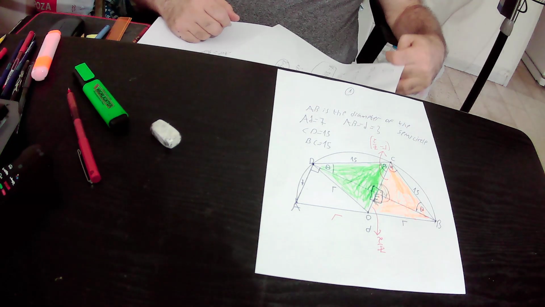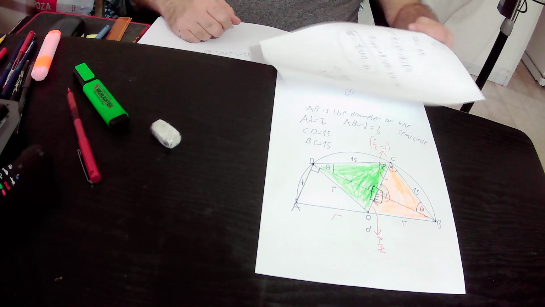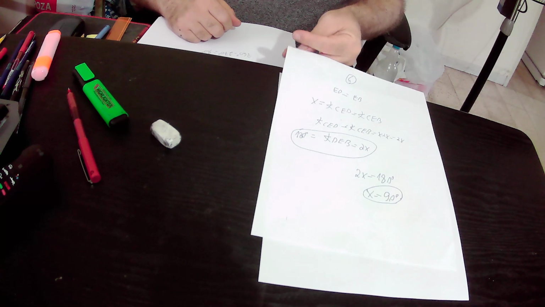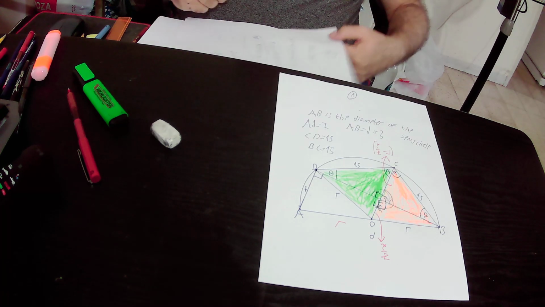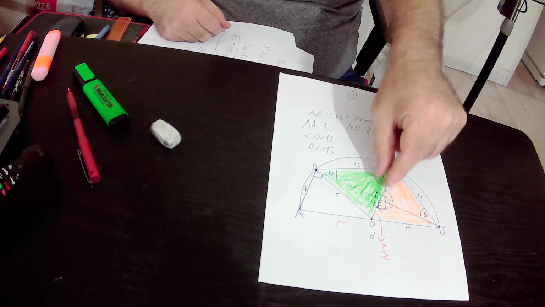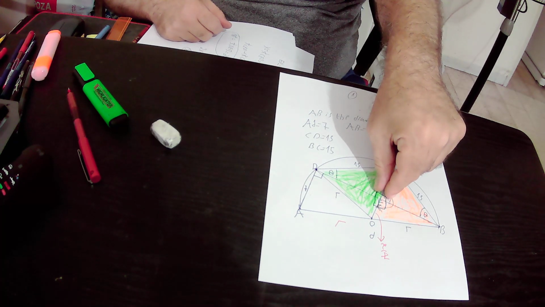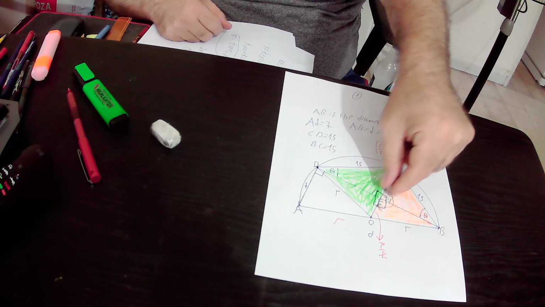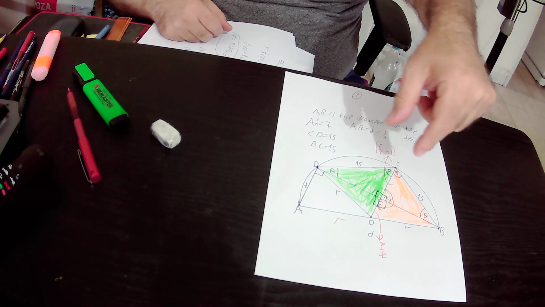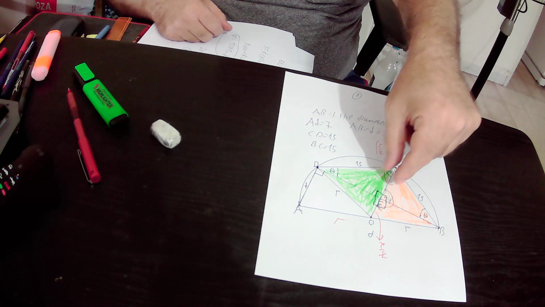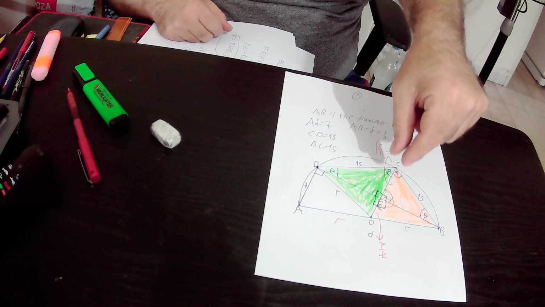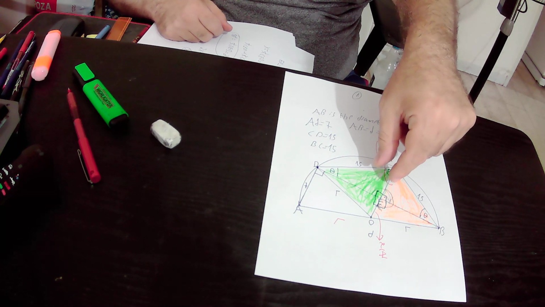So actually the sum of those two angles is x plus x. X plus x equals 2x. So the sum of those two angles equals 2x. So actually angle DEB, this angle, equals 2x from one side,